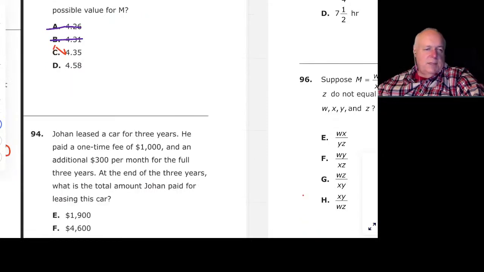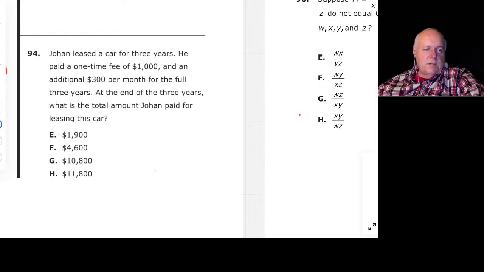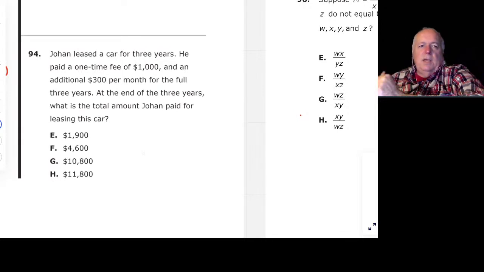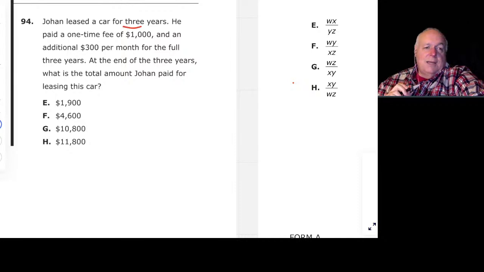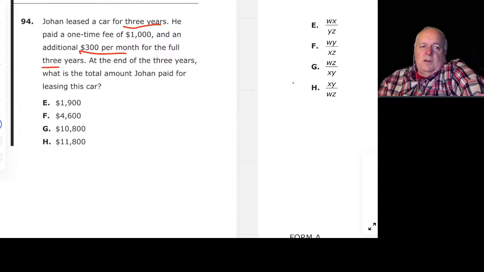Okay, 94 is a classic. It looks like an interest problem, but let me see here. Johan leased a car for 3 years. And by the way, they would do this often in many problems. If you notice, they put the word instead of the number. He paid a one-time fee of $1,000 and an additional $300 per month for the full, again, 3 years as a word. At the end of the 3 years, what is the total amount he paid for leasing his car? All right, so what we really need to do is, if it's $300 per month,